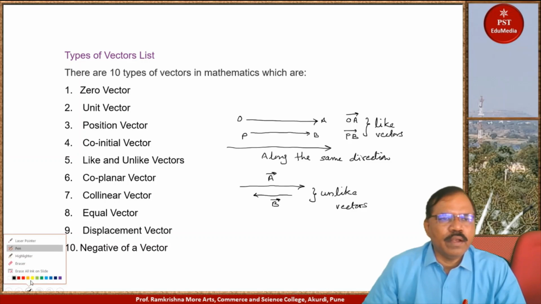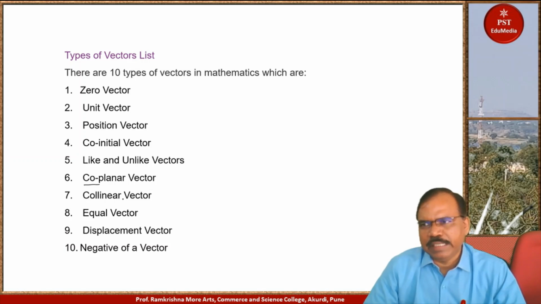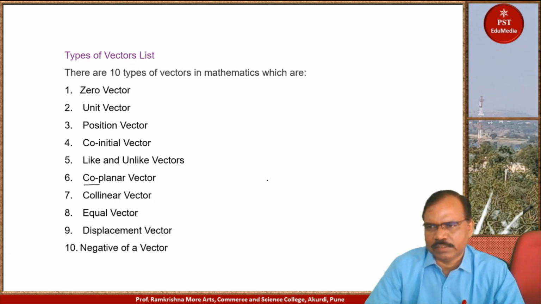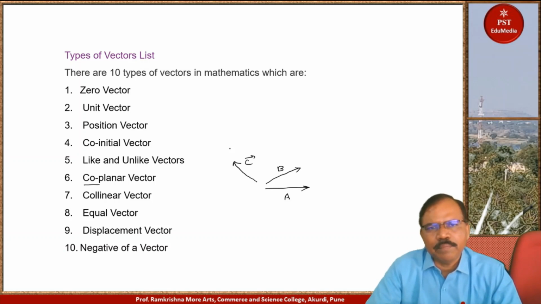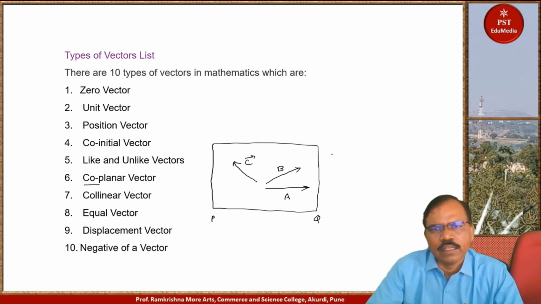Now next one is coplanar vectors. So what is the meaning of coplanar vectors? Suppose we have three or more vectors. Suppose this is first vector A, suppose this is second vector B, and suppose we have third vector C. If these vectors lie in the same plane, suppose we take plane PQRS, it is a plane,